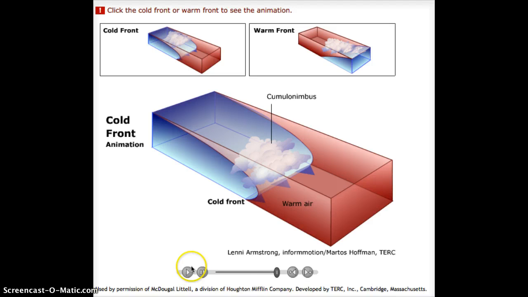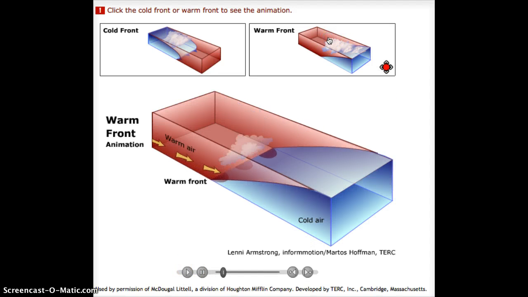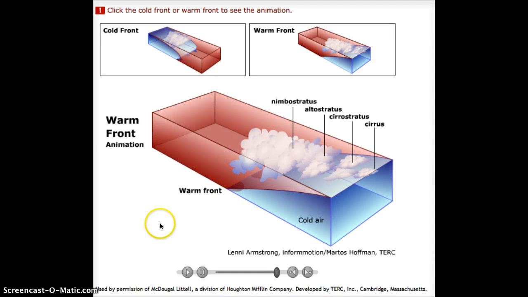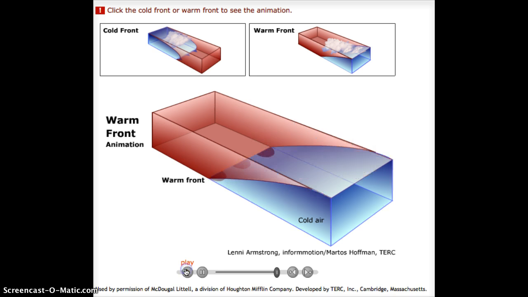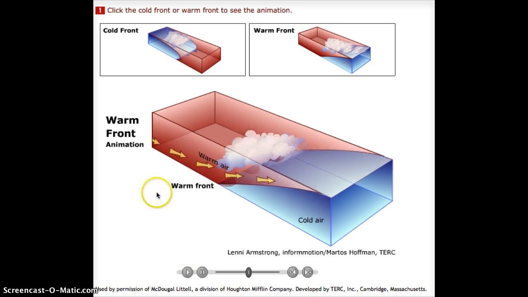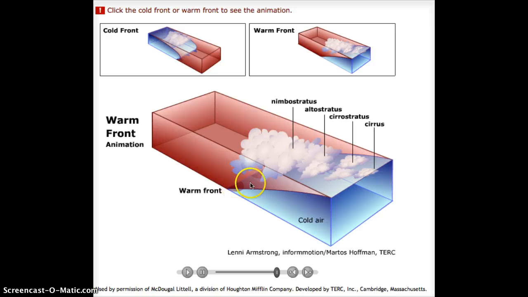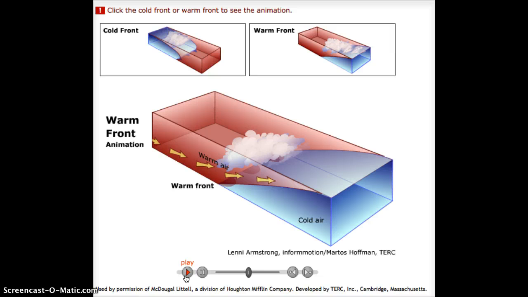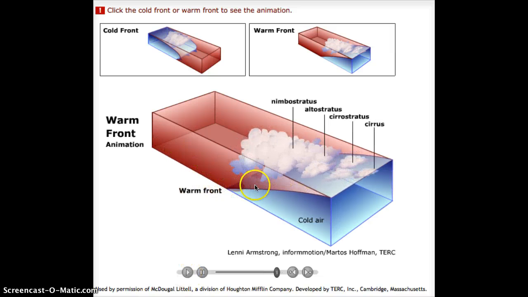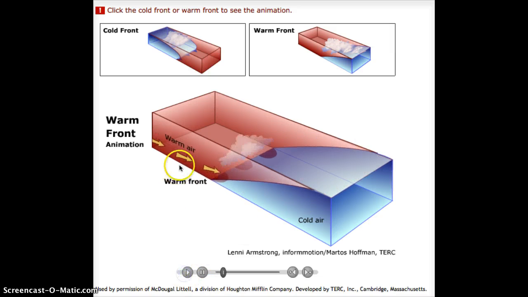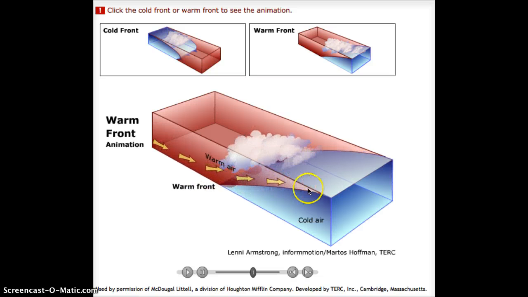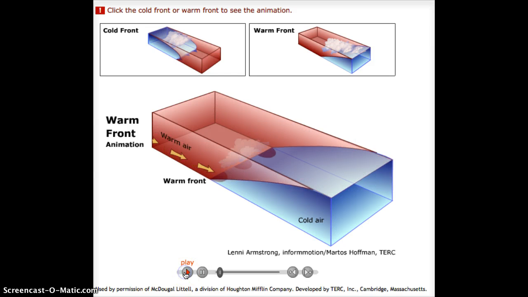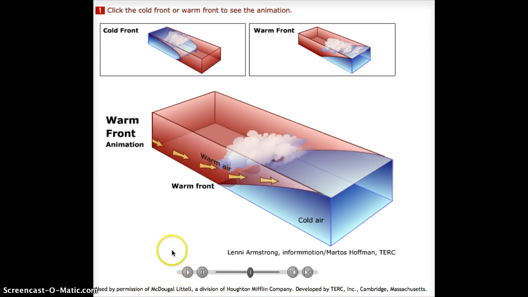All right, let's compare this to a warm front. In a warm front, again, we have a boundary, but this time warmer air is moving in. And since warmer air is less dense, as it pushes against the colder air, it is forced upward since it is less dense than the cold air. But notice this time, the warm air doesn't go vertically upward, it sort of gets pushed up on a gentle slope. So it is still rising and cooling, but it's not quite as vertical,